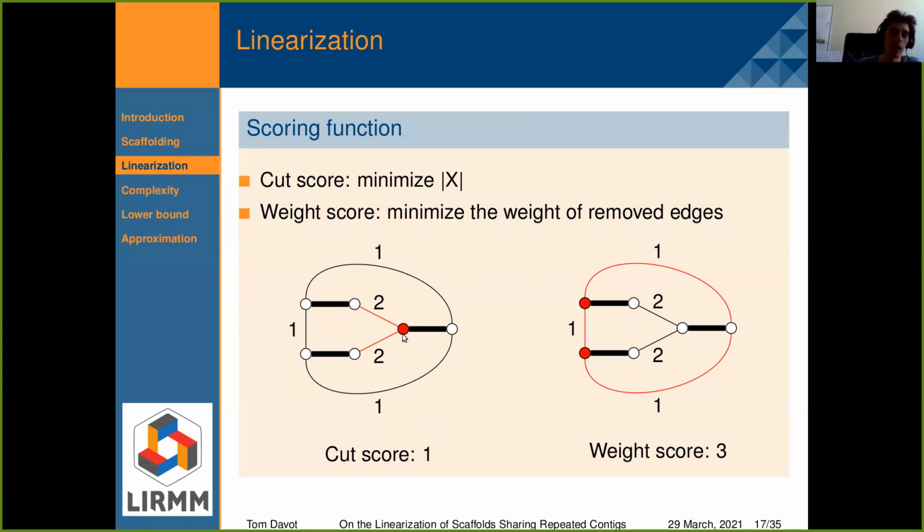And if I do that, this matching edge is clean, and this one also. But the total weight I have to remove in this graph is equal to 4. And if I want to minimize the total weight, then I have to do 2 cuts here and here. And I remove these 3 edges here. And I have a weight score equal to 3. So in this presentation, I will present you some results on the cut score, principally.